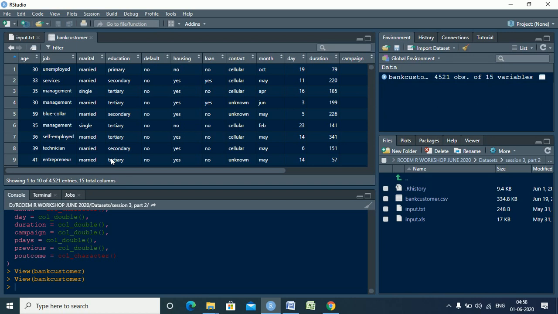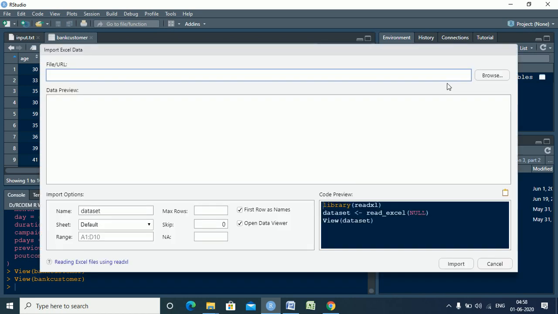Or else you also have a further option. You go to the Environment tab over here. You have an option called Import Dataset. Whether you want to import it from Excel, SPSS, Stata, or from readr, or from your other options, you can also import your data set from here. Suppose it's an Excel file, so I'll click From Excel, right?